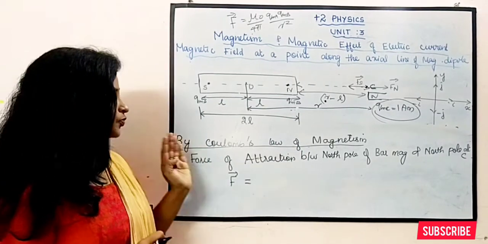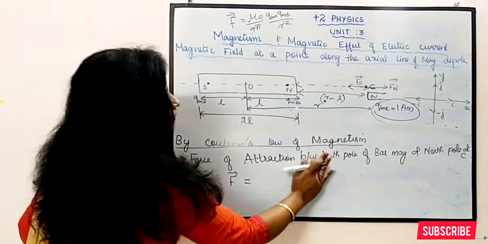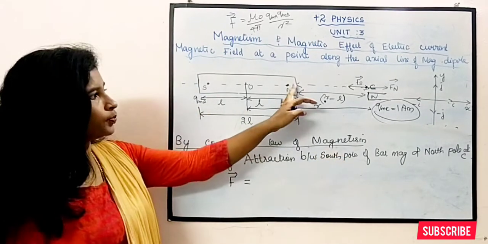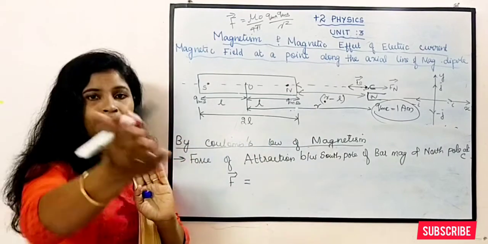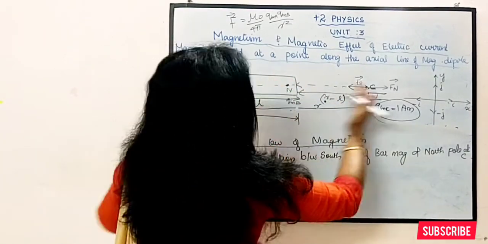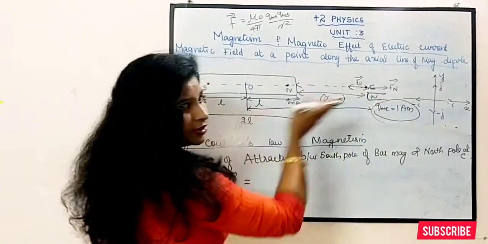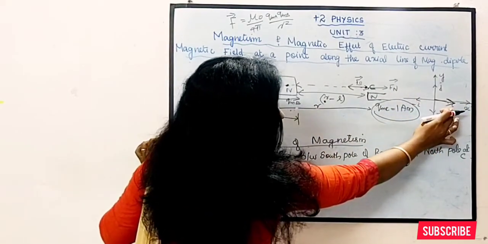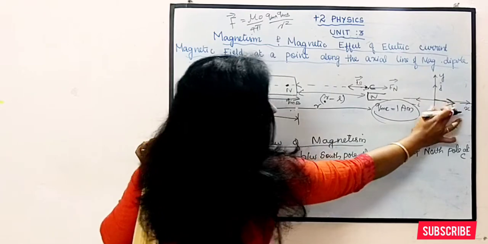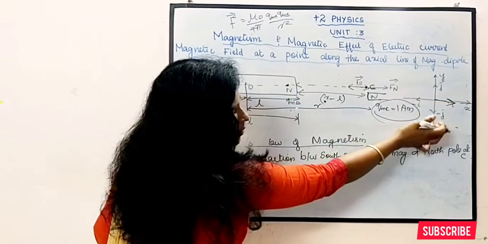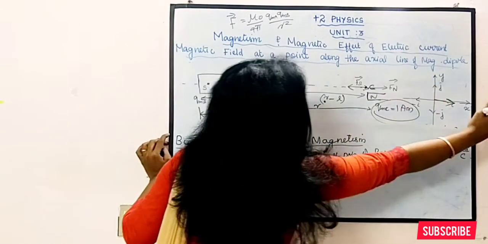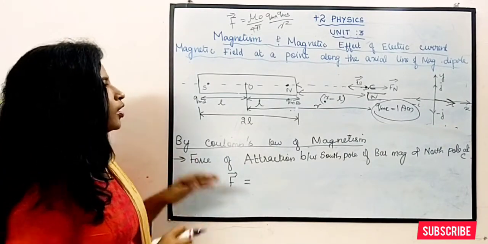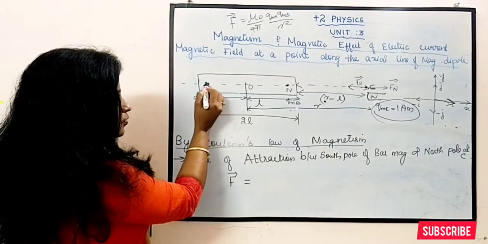So the next one is force of attraction between the south pole of the bar magnet. Okay, first I have taken north pole. North pole and north pole will repel. Yeah, idan I be kondu vandana enna repel agi pogum. So which direction it will be going? It will be going in this direction. Okay, so I have taken it as I. Ipdi eduthukitona idu I, idu minus I. This is J, this is minus J. So repulsion means this is going in this direction, so that I have taken as I cap. Okay, clear? Now we are going to find out the force of attraction.